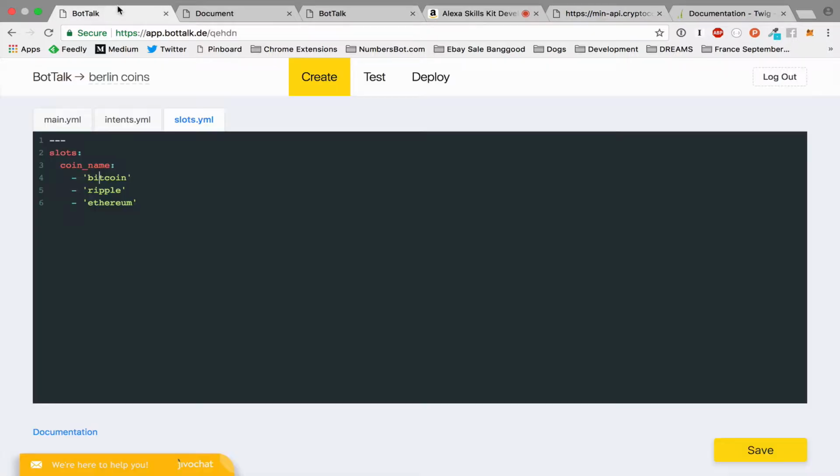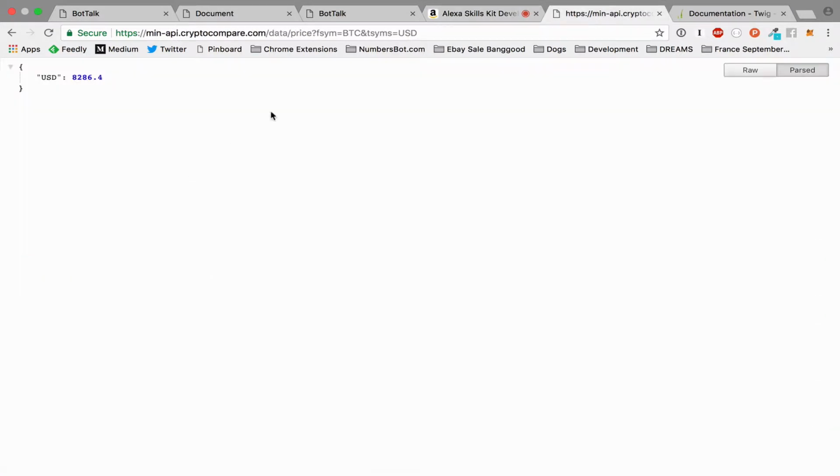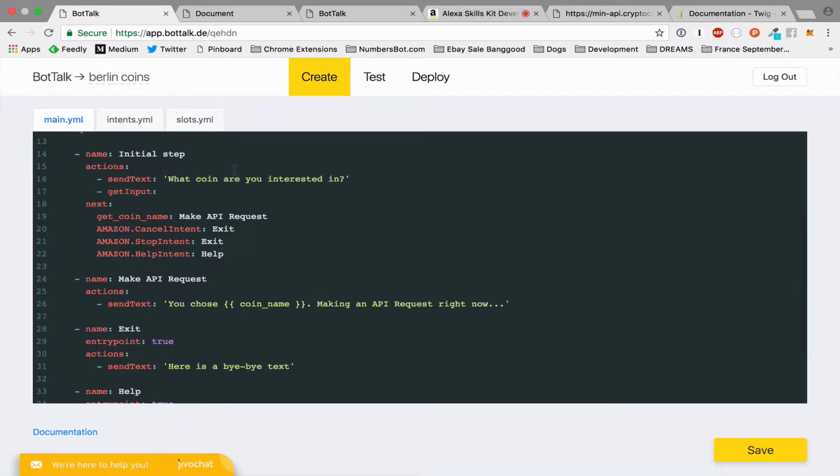They would probably just say Ethereum, Ripple. And so we need to translate these human spoken words, slots, into machine readable things like BTC and ETH. And we do this